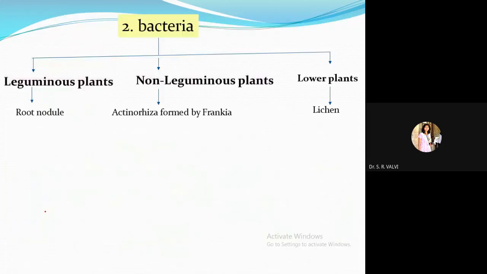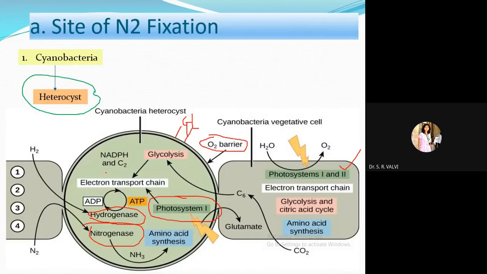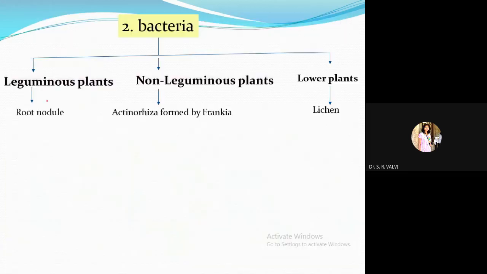Now see the next: which bacteria is the site that is going to fix the nitrogen, right? In case of cyanobacteria, in case of blue green algae, heterocyst is the site. Again, I am repeating here. And in case of bacteria, see